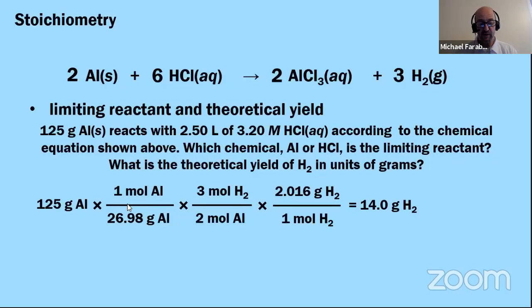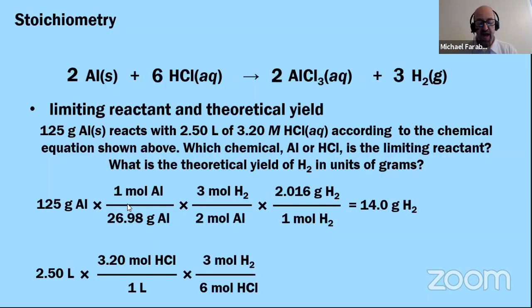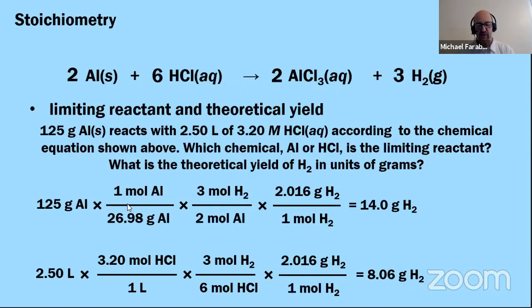Now I can't begin with grams of hydrochloric acid. I'll begin with the volume. Let's use 3.20 moles per liter as a conversion factor. Let's put moles on the top and liters on the bottom so they cancel out. Now, let's convert moles of HCl into moles of hydrogen using the coefficients. And then my final step, back from moles to grams, and I get, okay, so I've got two numbers here,